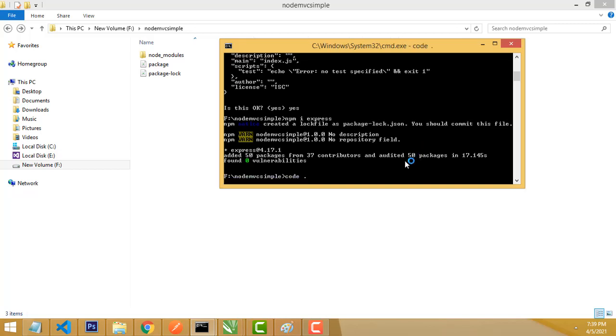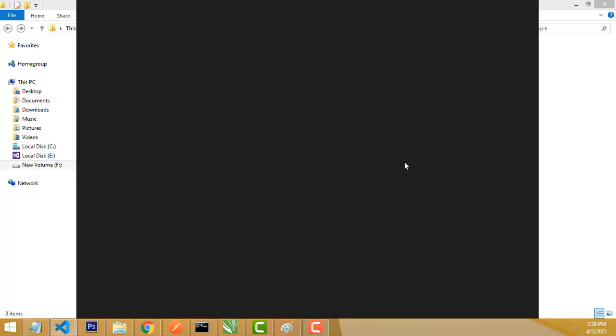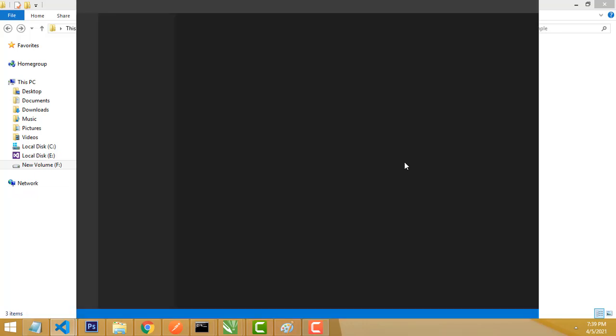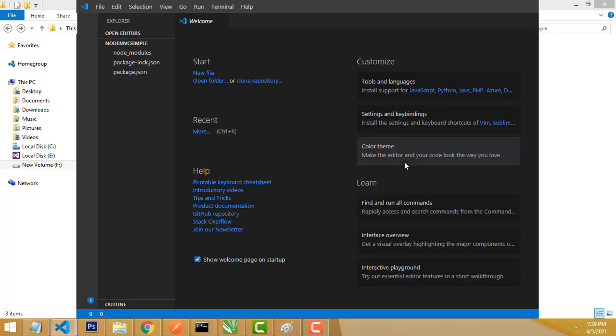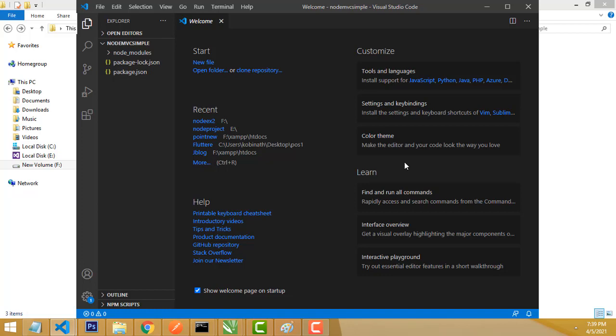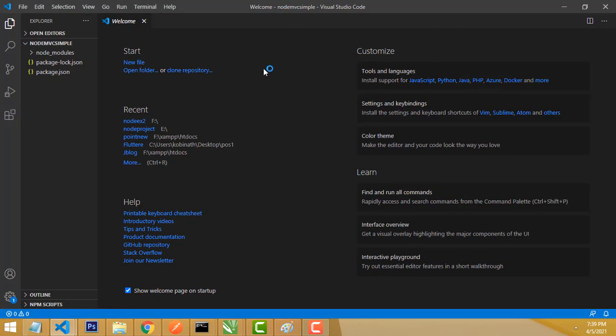Now your Node.js project is being created. Okay, here it is created. It is successfully configured in VS Code. Very simple. This is the process we use to create the Node.js project.